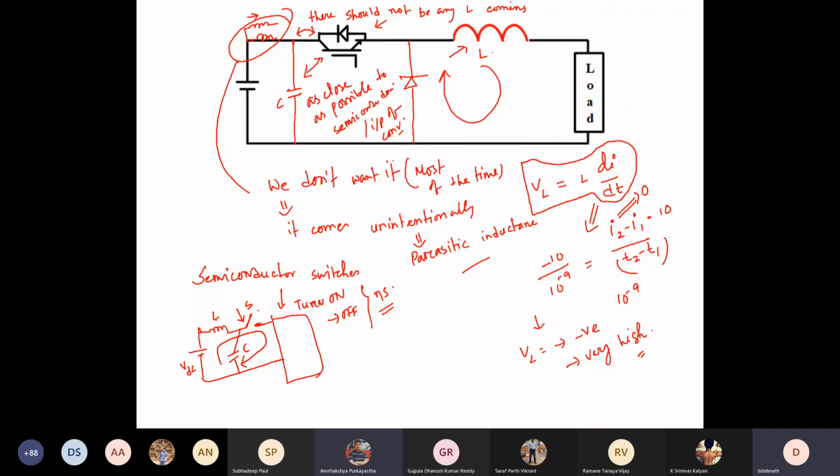But even if it is not physically close to the switching device, what could be the problem? See, right now it might be difficult for you to visualize how you are connecting this capacitor terminal to the switch terminal. What is there in between? That you try to realize. How are you connecting this? In the circuit diagram, it is an ideal wire, right? Zero resistance, zero inductance. Yeah. But practically think about it.